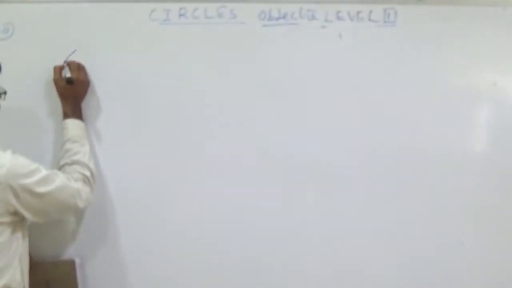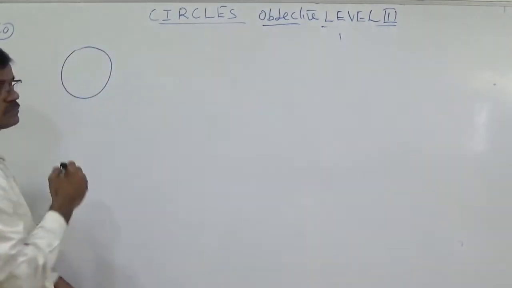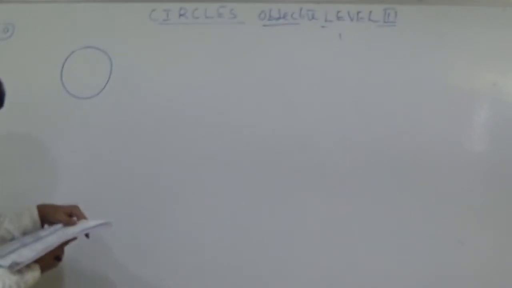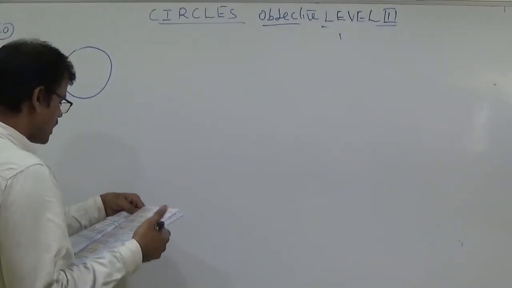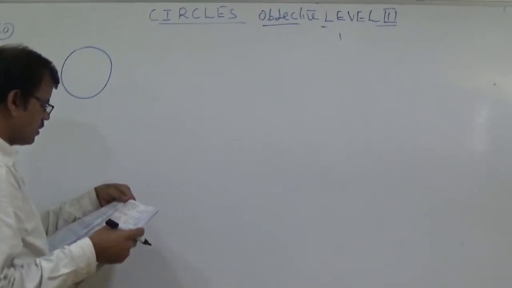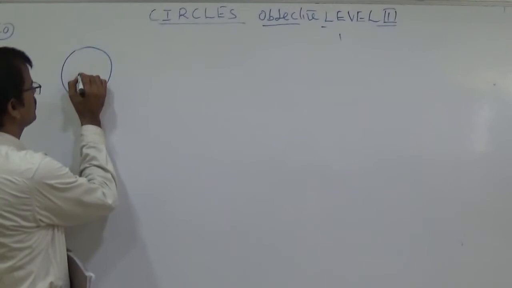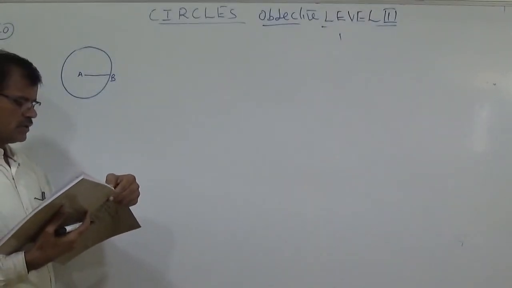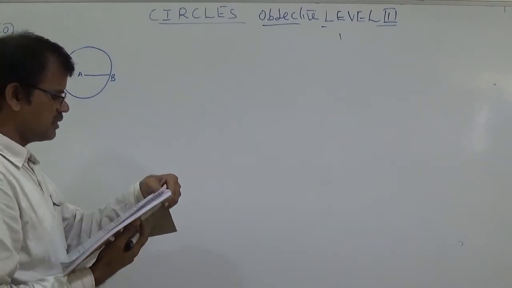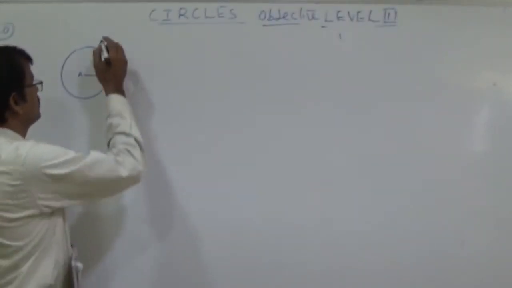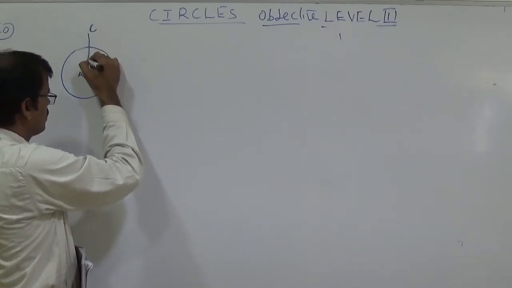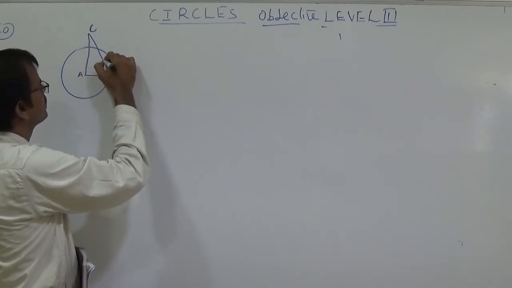Triangle ABC. Draw a circle like this. A circle is there. Triangle ABC is right angled at A. The circle with center A and AB radius. Put here, this is the center A. AB is radius. Put here B. Center A and AB as radius. The circle cuts BC and AC internally at D and E respectively. Put here C. This is the point C. Draw a perpendicular line like this and like this.